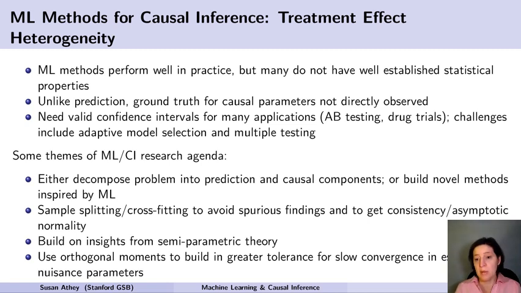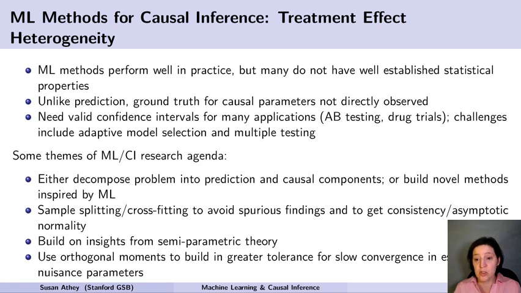So for example, that might mean if I'm using propensity score weighting in order to estimate average treatment effects, I don't use the same data to estimate the propensity score model and to weight a particular observation. So the propensity score I use to weight an observation is estimated using a data set that doesn't include that observation. Those types of techniques can be helpful for the validity of parameter estimates when we're trying to actually estimate a treatment effect.